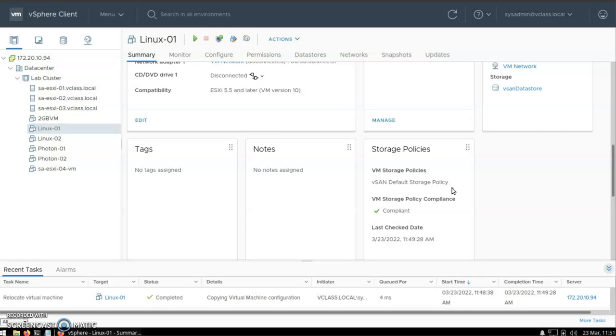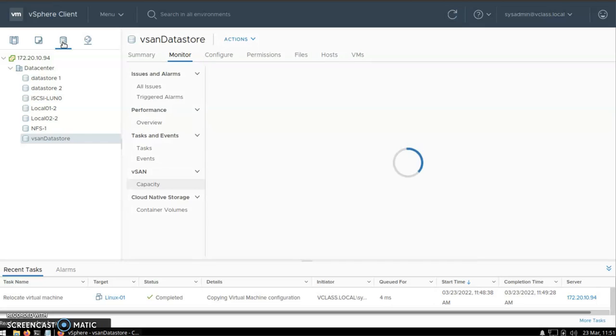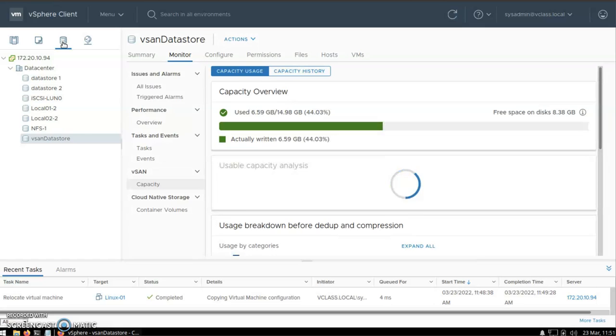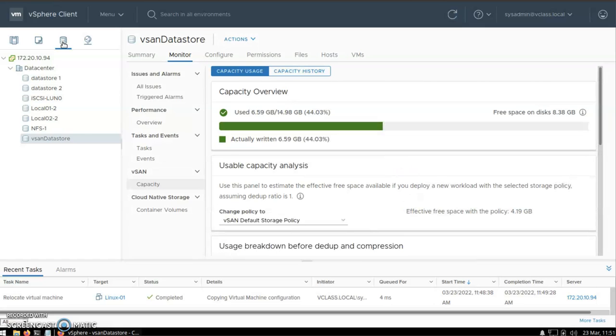Let's go ahead and shift back over to the vSAN Datastore. So I'll go ahead and select that here. And if we take a look here on the capacity overview, you can see that the amount of data actually written to that has increased. And if we take a look here at the capacity history,